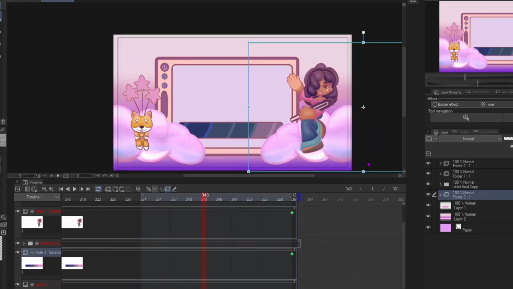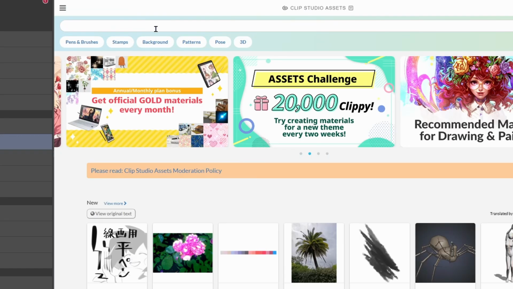Now, last but not least, I added moving clouds to the background of my intro. And to do that, I needed to find a cloud-like pattern. At the time, I wanted something simple, nothing too detailed like the ones I've drawn here. So I simply just went and searched up